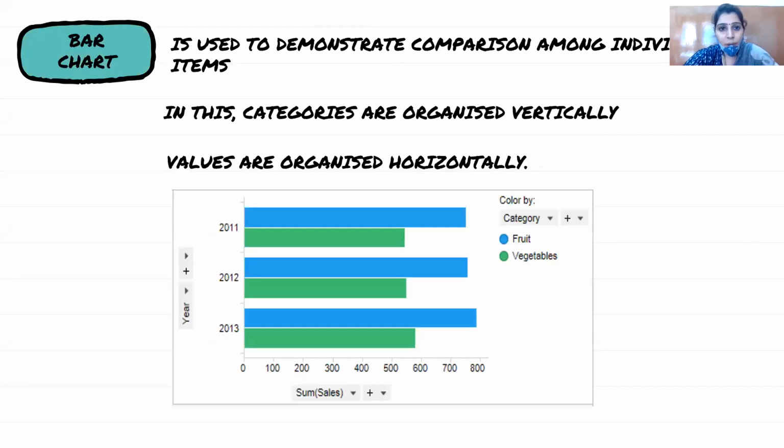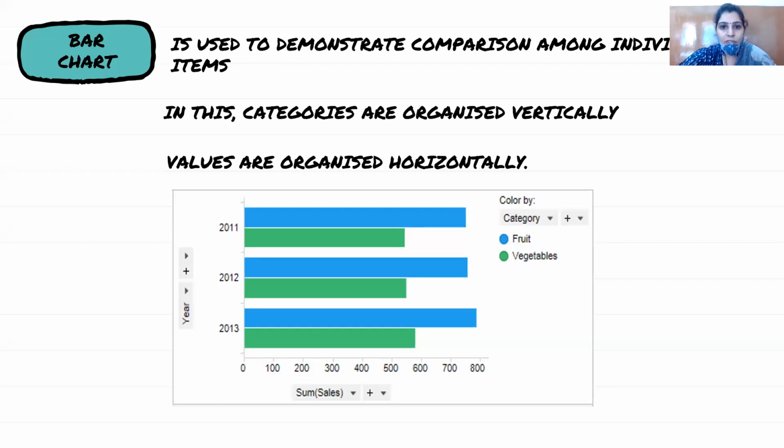And in the case of the bar chart, the chart is turned, so it is a horizontal depiction, where the categories are now on the y-axis, that is, categories are represented vertically. Yes, we have to do the definitions for these charts. And in the case of the bar chart, the values are on the x-axis, the horizontal axis. So this is the difference between the bar chart and the column chart.